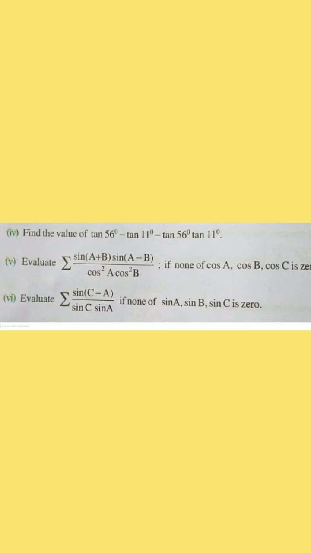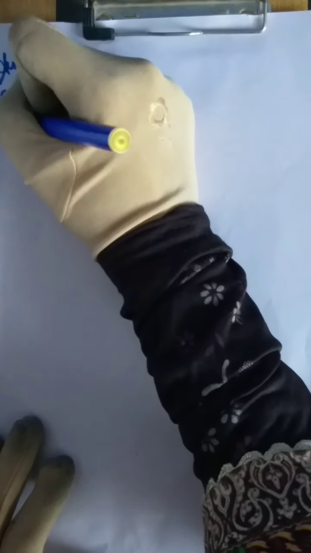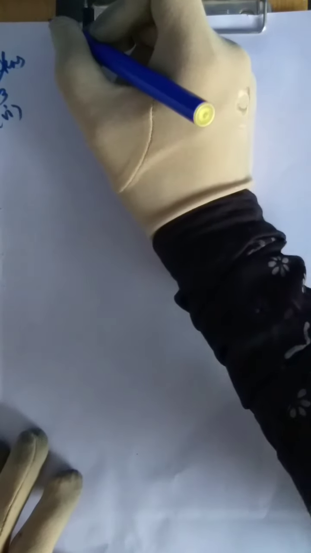And here also sigma is given. So it will be a similar type of question. And here in the numerator if you observe we have sin(c-a). So we can use the formula of sin(a-b), which is sin a cos b minus cos a sin b. We'll use that formula only. So this is the 3rd, 6th and last bit.